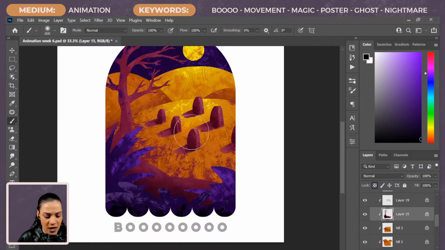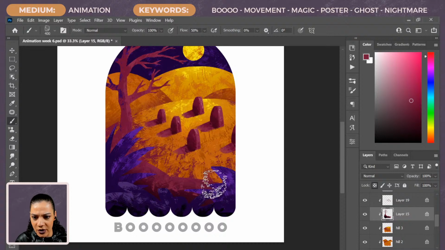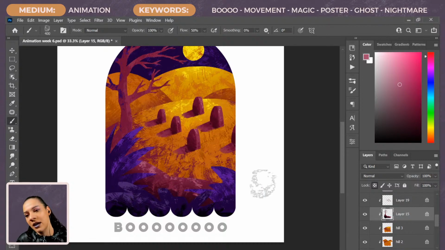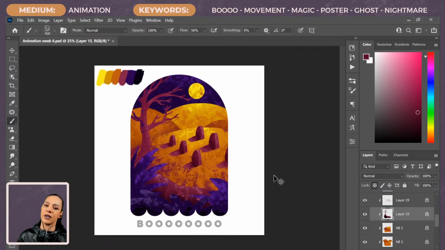And then with Vinyl Scraper again, I'm going to scrape it up even more to get some of our painter texture back. And then we can even grab this light color that I've added into the tombstones here, and throw that in there. I love it. Okay, so we've got a nice little scene.